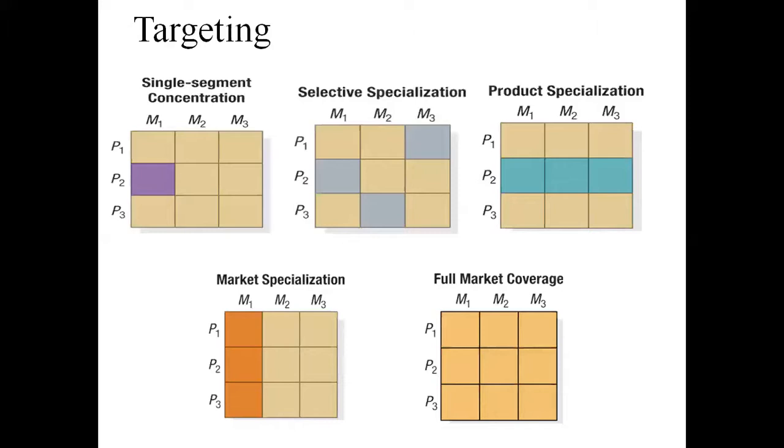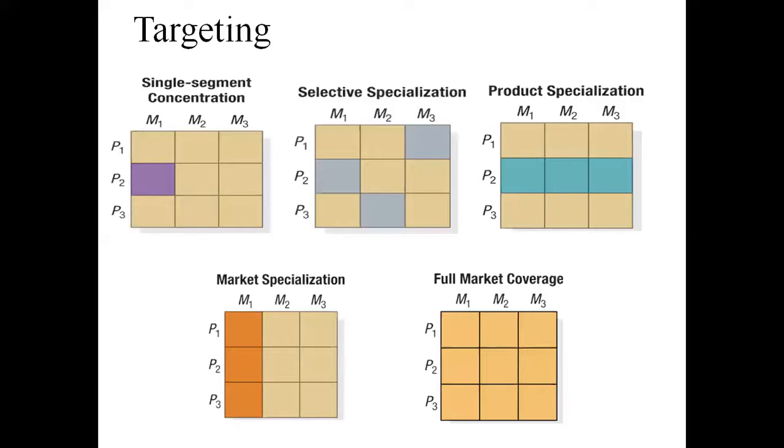It might be possible that the product has a long product life cycle or a short product life cycle. So we need to be very aware of the plan and plan accordingly. For example, have a new product in development and be ready to take it to the market quickly. Every time new products might be coming and you need to take them to the market quickly, so you need to be very conscious here. But it is also a very good strategy. With a single product you can enter into different markets.